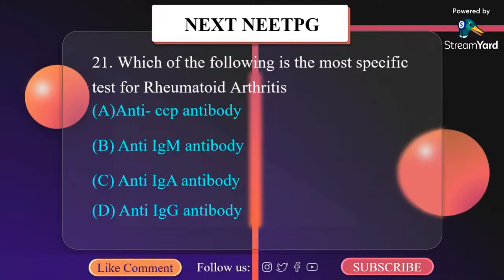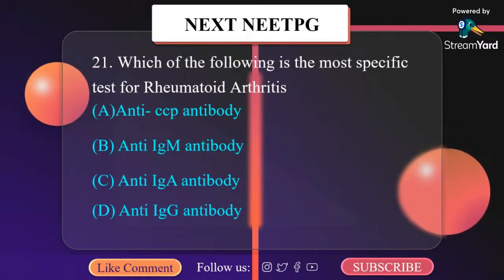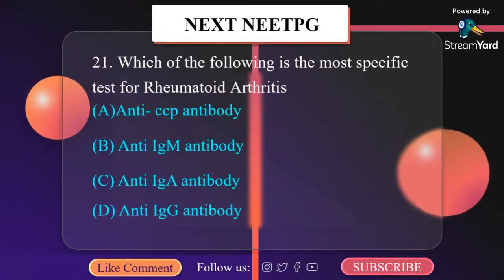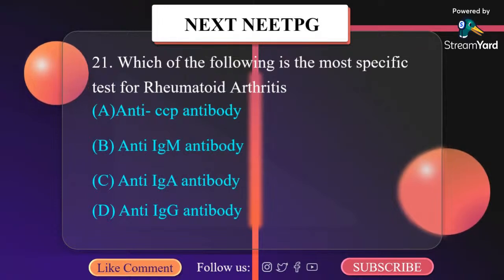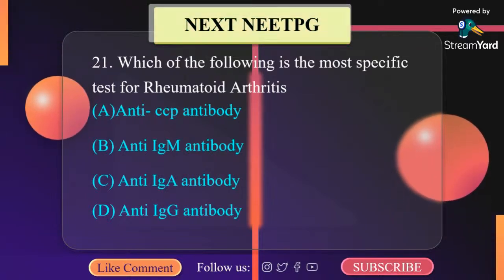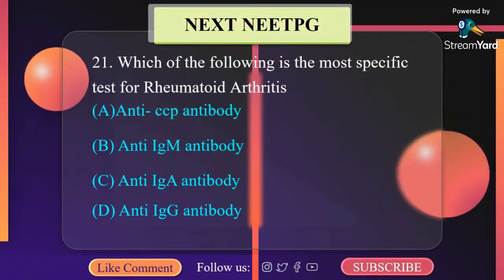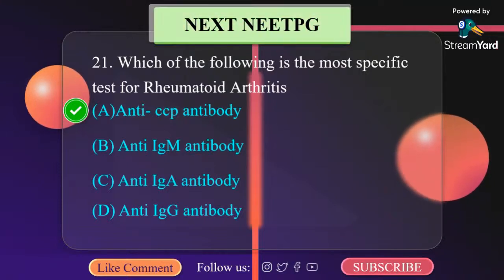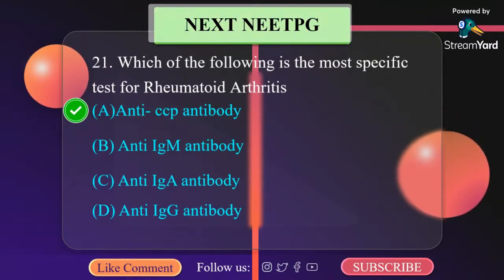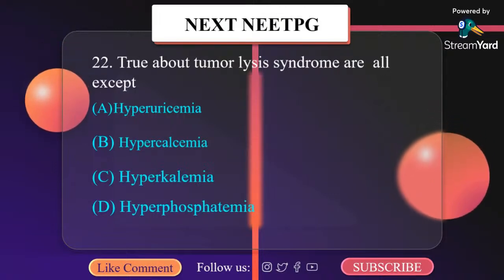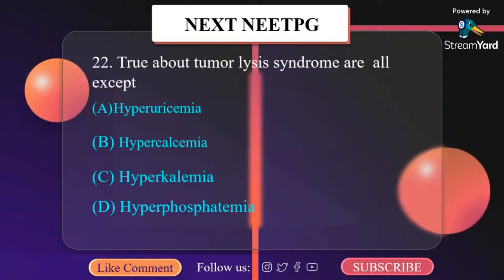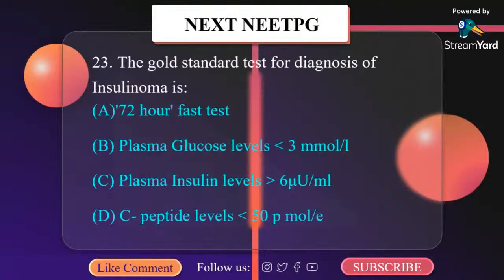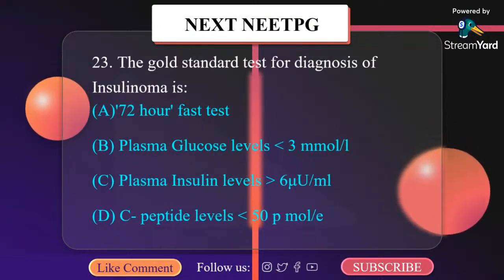Which of the following is the most specific test for rheumatoid arthritis? A. Anti-CCP antibody, B. Anti-IgM antibody, C. Anti-IgA antibody, D. Anti-IgG antibody. What do you think is the correct option here? It is anti-CCP antibody. Most specific for rheumatoid arthritis is anti-CCP antibody. True about tumor lysis syndrome are all: hyperuricemia, hypercalcemia, hyperkalemia, hyperphosphatemia. It is hypercalcemia. The gold standard test for diagnosis of insulinoma is